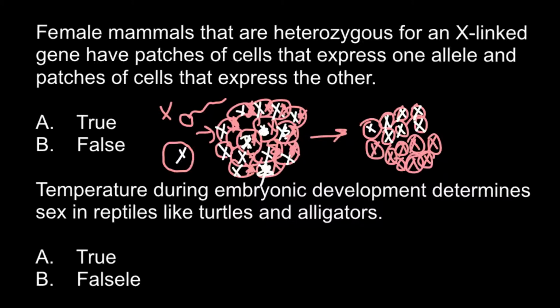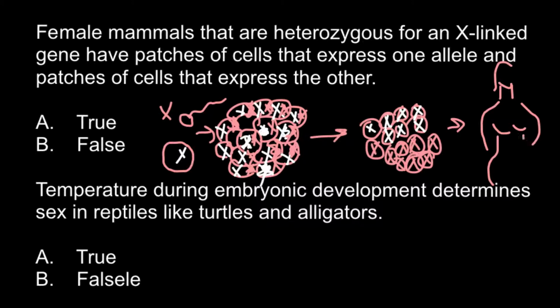So these cell lineages would make different tissues in which different X chromosomes and also different alleles would be expressed. In other words, we can say that any female would be chimeric,